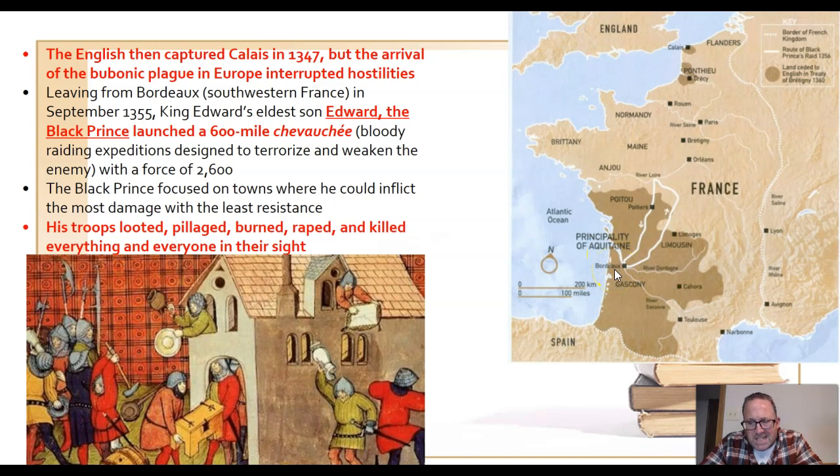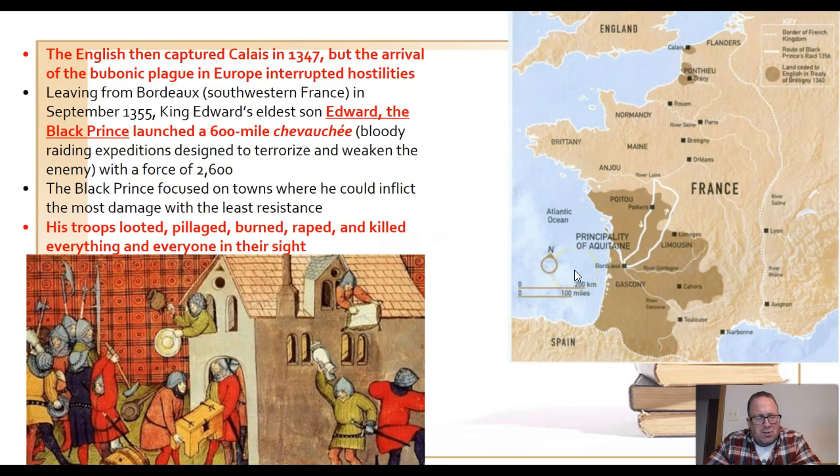All right, they've got a fancy kind of wine down there called Bordeaux. That's a wine producing region. Anyway, this guy, Edward the Black Prince, along with 2,600 troops, launched something called a chevauchée. I'm quite certain I'm not pronouncing that correctly, but those French words are hard to say. But anyway, the chevauchée was basically a scorched earth policy